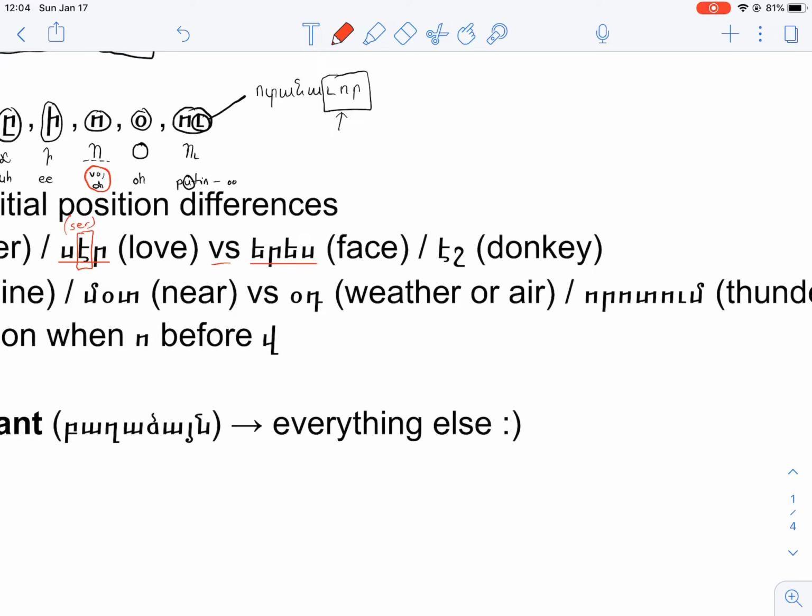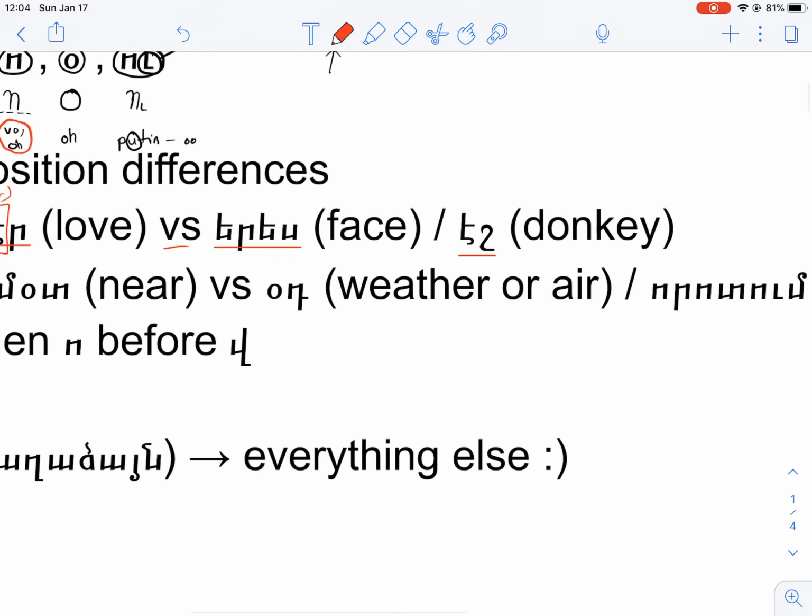And then there's the word esh, which is the word for donkey. So in the word for face, yeres, we have a yetch in the beginning of a word, in the initial position. We also have one in the middle position, in between some letters. So phonetically, this is spelled ye, res. Also, this is the syllable. I just split this word into syllables, just so you know.